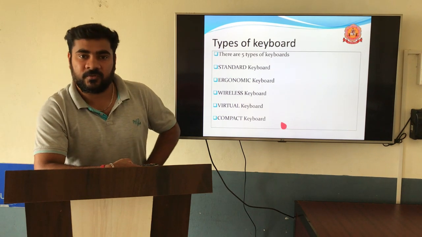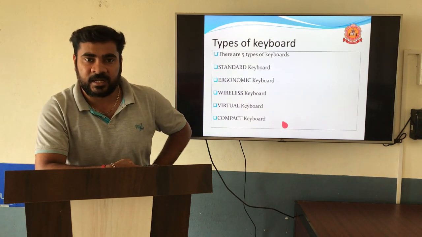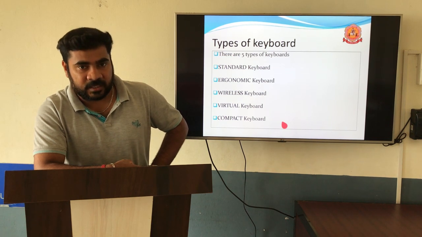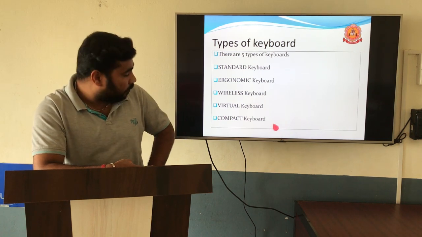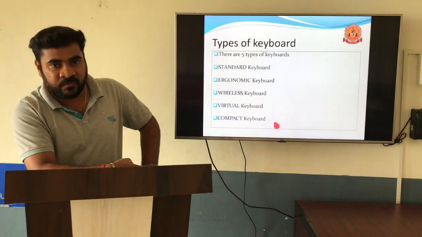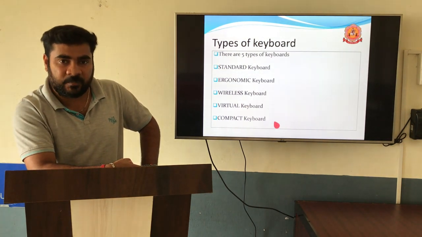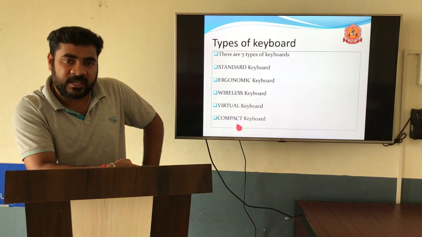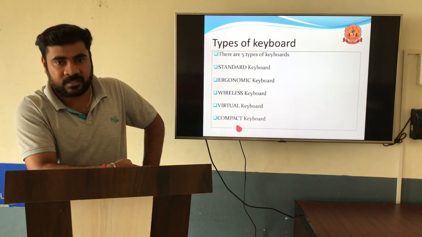Next one is the virtual keyboard. Virtual keyboards are mainly present in smartphones. If you are going to type anything on a smartphone, a keyboard will pop up. That pop-up keyboard is known as a virtual keyboard, and it disappears after closing your application. The next one is the compact keyboard. A compact keyboard is mainly present in laptop systems.